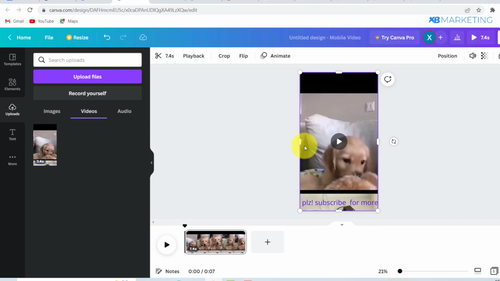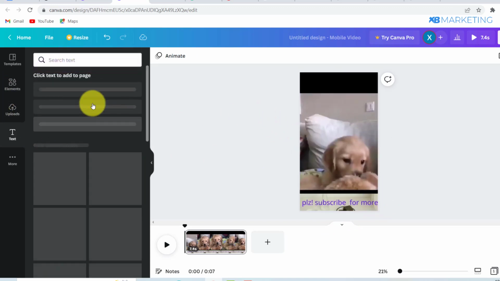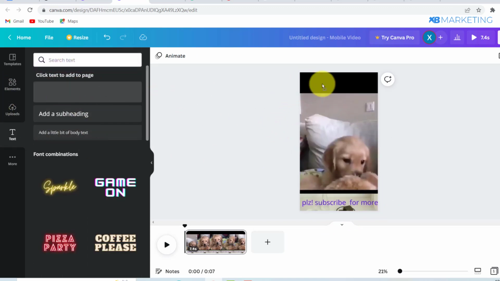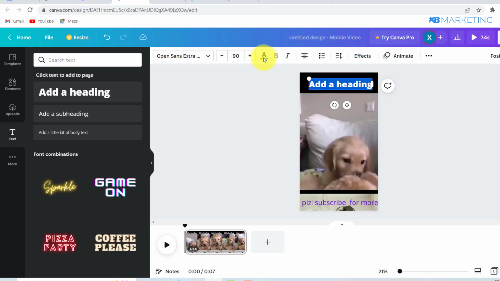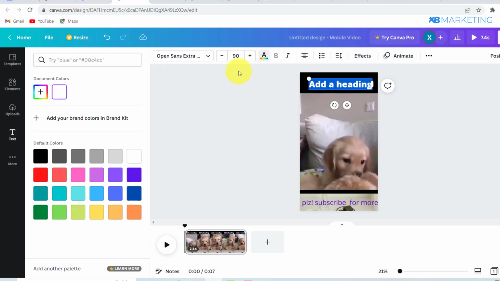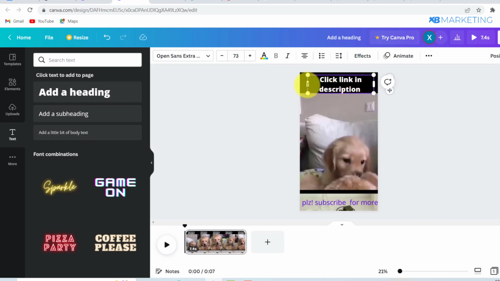All right, so the next thing you want to do from here, you want to come over to the text section and you want to drag this heading. As you can see, you can also change the color right here by coming to this text color and you can give it a white. So you want to type in something simple like click link in the description